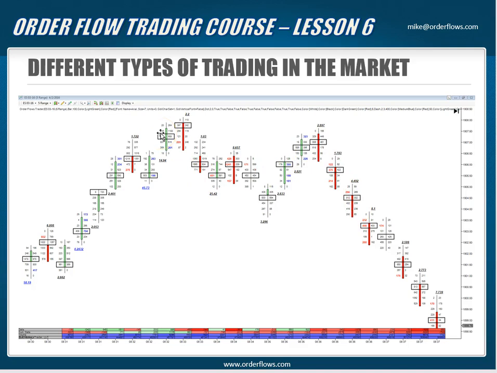When the market is going sideways, it's really hard to get a gauge on the market. But once the market starts moving, order flow will help you determine the intensity of the move. If you're starting to see a lot of imbalances come in as the market starts moving away from a high or a low, that's important. That's where you're going to make money. That's the value that exists in order flow that you're not going to see on a regular bar chart.